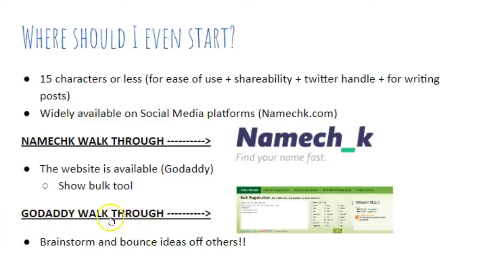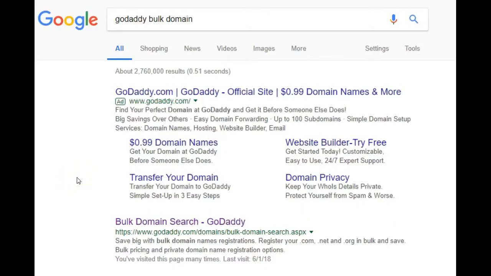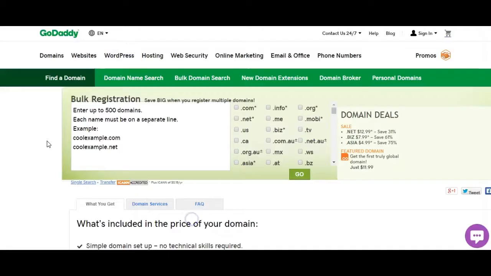It's with GoDaddy, and it's called their bulk registration tool. It's going to give you a way to really explore a variety of similar names, but find what is available. So let's jump over there. You can easily go to Google, GoDaddy, bulk domain, and you're going to find godaddy.com/domains/bulk-domain-search. The reason I love this is it gives you a lot of room to just type in whatever you want and really explore if this is going to work out and if your domain name will in fact be available. So I'm going to type in a bunch of random names here.